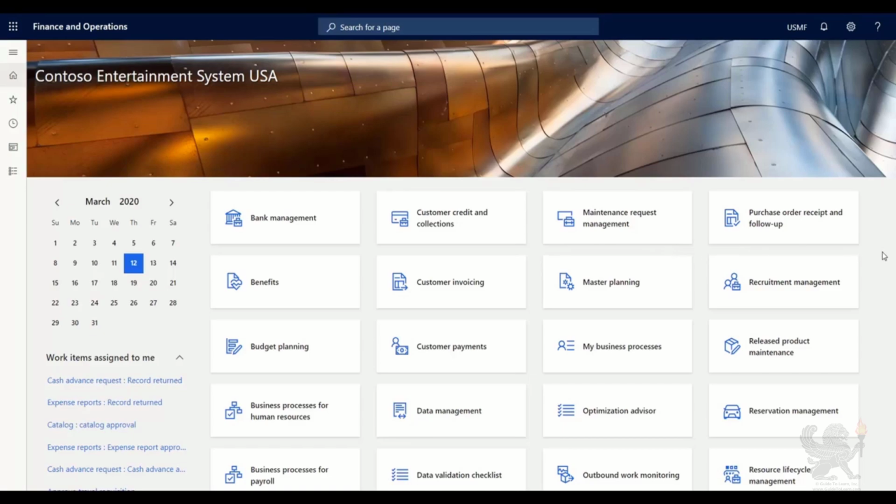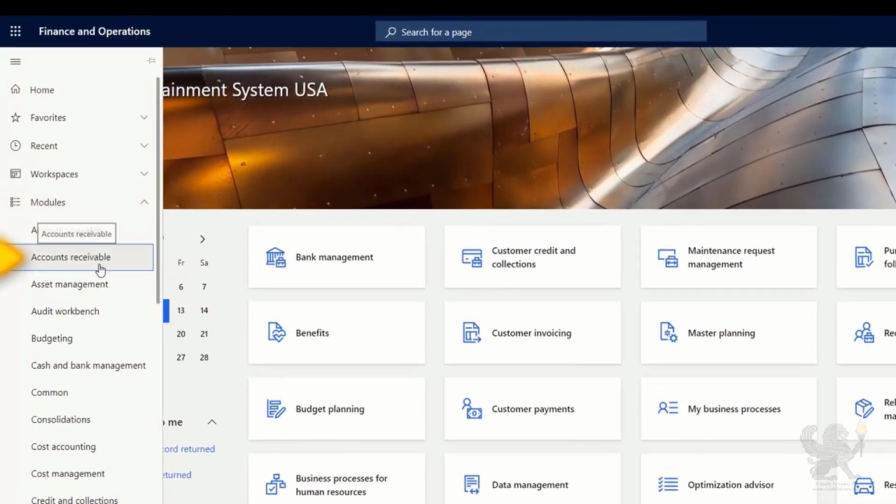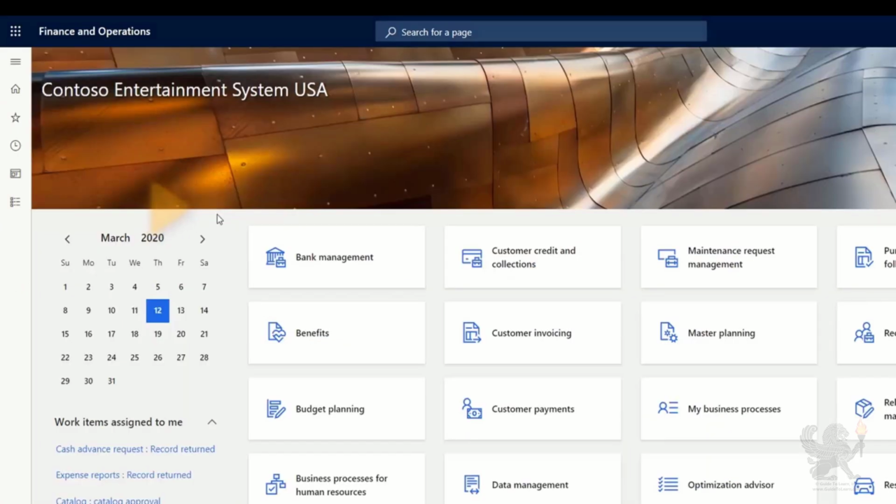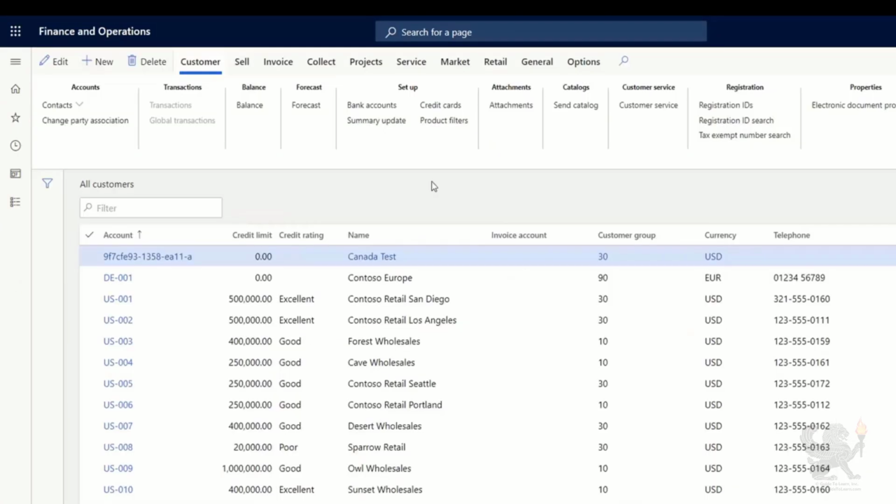So the first thing that we're going to need to do is set up the legal entity USP2 as a customer in the USMF legal entity. So first, I'll go to Accounts Receivable from the navigation pane, and I'll go to All Customers. On the All Customers page, I'm going to click New in the Action pane, and we're going to create the